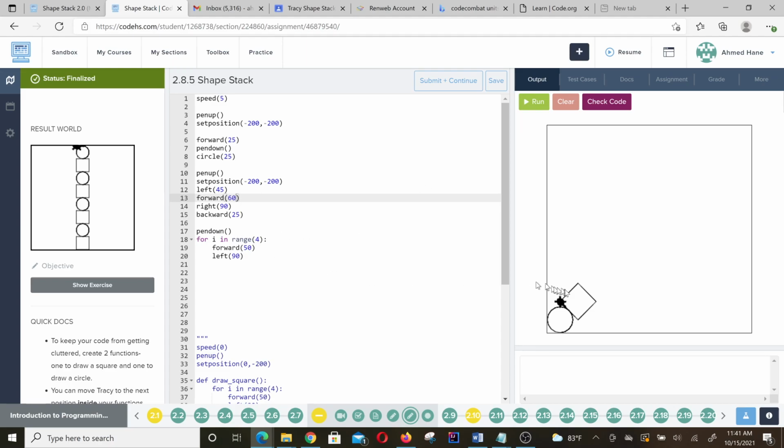So what we are going to do now, from this point go to the middle, turn, right? And because we're trying to set our position, we are going to use pen up, right? Move forward 25. Forward 25, and then